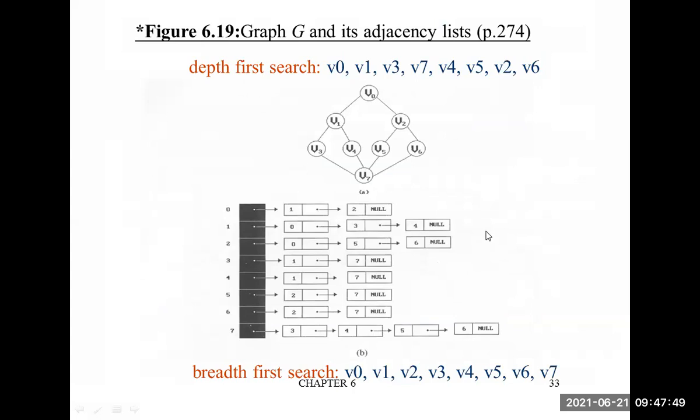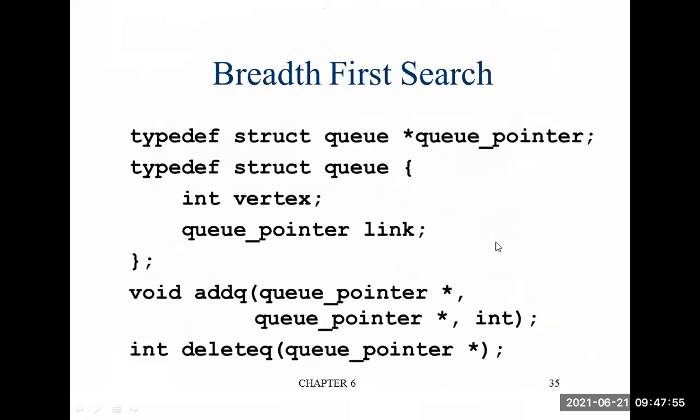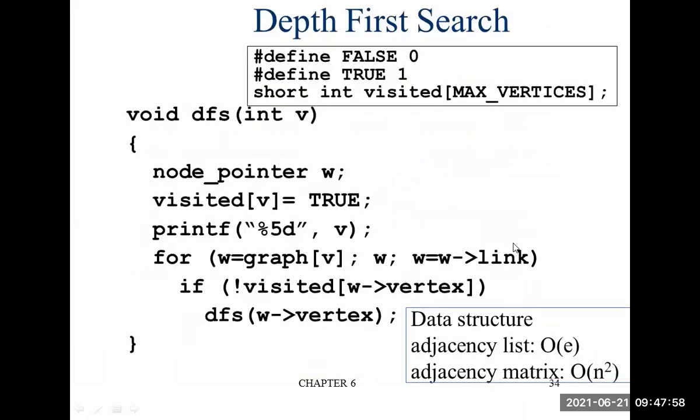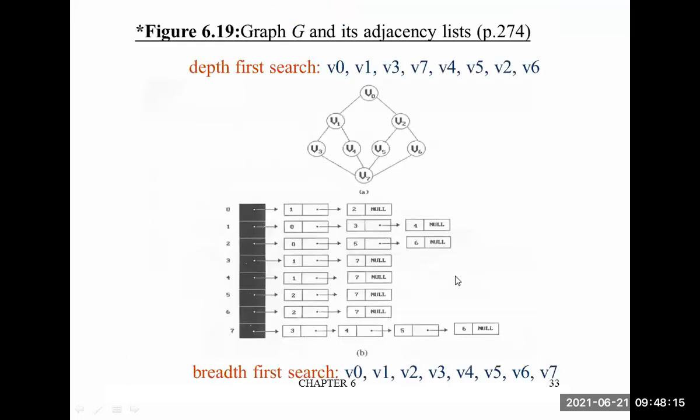So tomorrow we will discuss graph traversal techniques. That is, one is depth first search, another one is breadth first search. Very important. In tree traversal, we perform in-order, pre-order, post-order. From an exam point of view, if we are asked about graph traversal techniques, we just write depth first search and breadth first search. So these two techniques are used to visit each vertex in the given graph. And tomorrow we will see these two graph techniques.